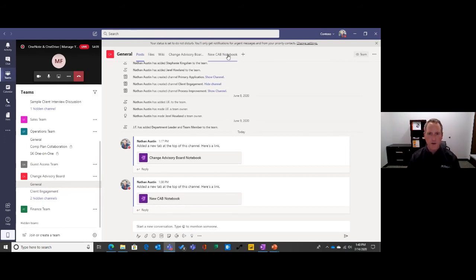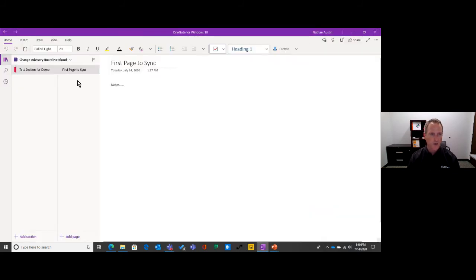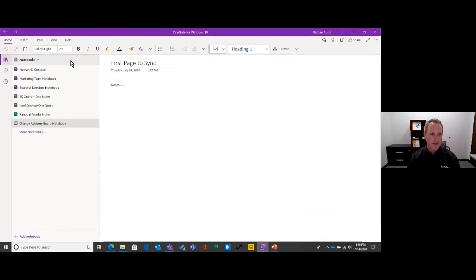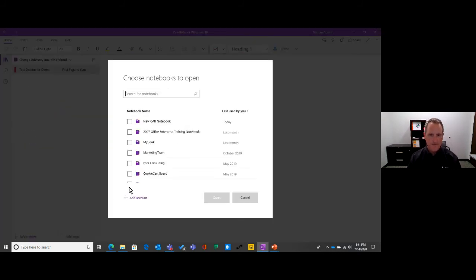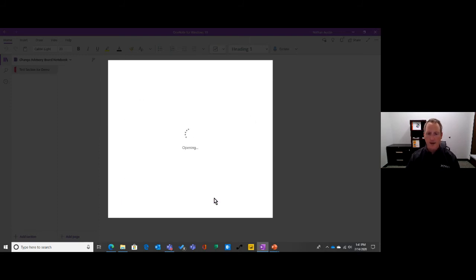And I'll show you now that I should have access to that. If I'm one of the users, I can go into OneNote and I'm going to click here and say, I want to look at more notebooks. I should see one of the first options should be that, I'm hoping, is that notebook that we just created. So I'm going to click here, more notebooks, new CAB notebook. So that does give that access to me right away in my desktop application and in the